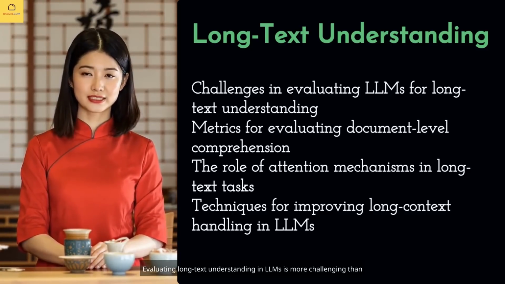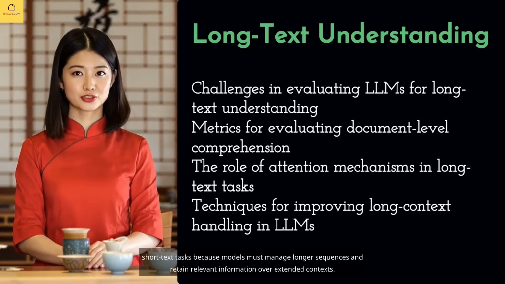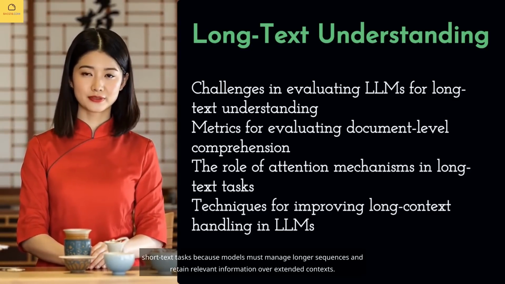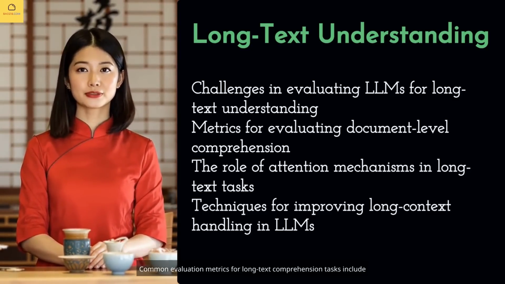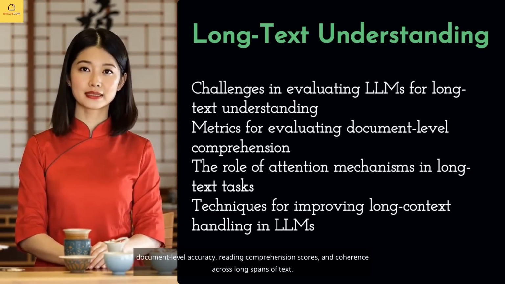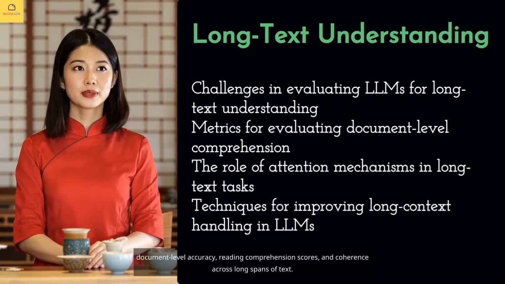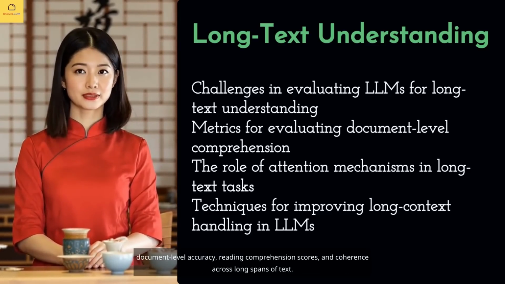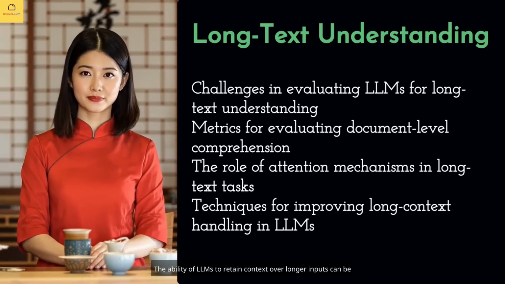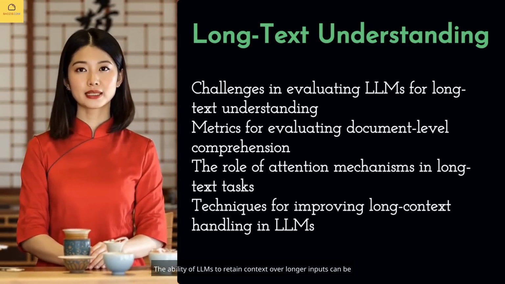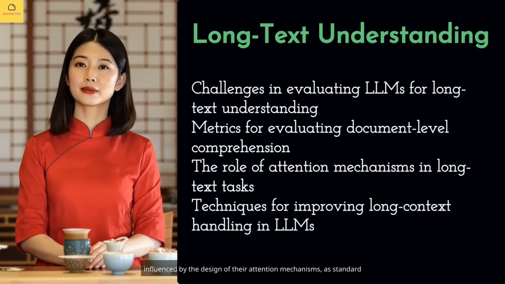Evaluating long-text understanding in LLMs is more challenging than short-text tasks because models must manage longer sequences and retain relevant information over extended contexts. Common evaluation metrics for long-text comprehension tasks include document-level accuracy, reading comprehension scores, and coherence across long spans of text. The ability of LLMs to retain context over longer inputs can be influenced by the design